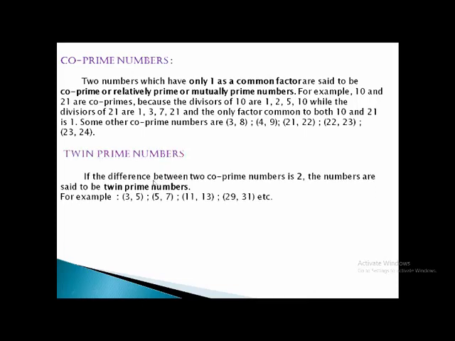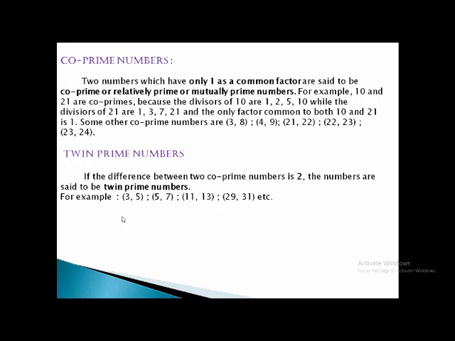In twin prime numbers, if the difference between two prime numbers is 2, the numbers are said to be twin prime numbers. For example, 3 and 5. These two are prime numbers and the difference between 3 and 5 is 2. If you see the pair 5 and 7, this is also 2. So in all these twin prime numbers, the difference is 2, and that is why they are called